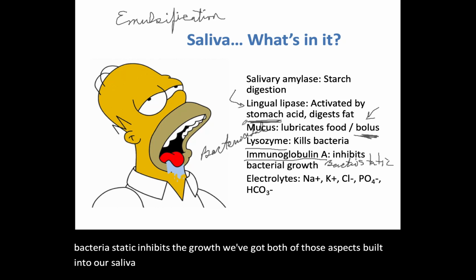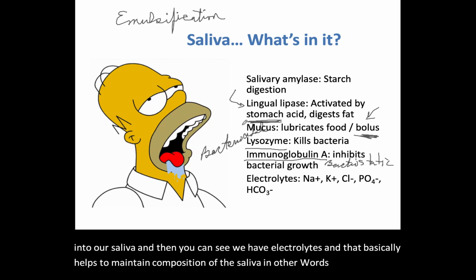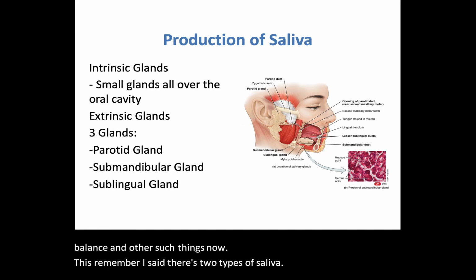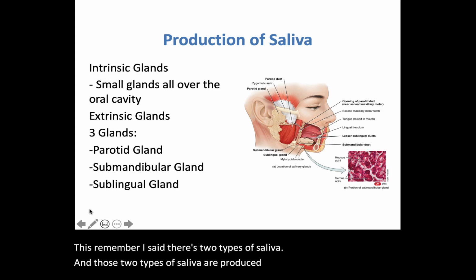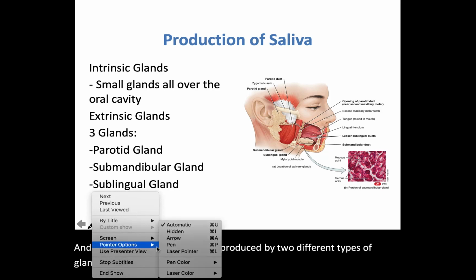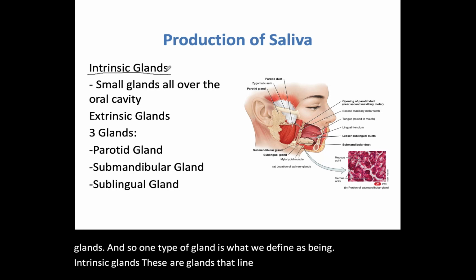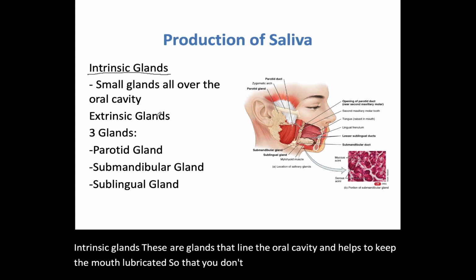And then you can see we have electrolytes, and that basically helps to maintain composition of the saliva. In other words, helps with pH balance and other such things. Now, remember I said there was two types of saliva. And those two types of saliva are produced by two different types of glands. And so one type of gland is what we define as being intrinsic glands. These are glands that line the oral cavity and helps to keep the mouth lubricated so that you don't dry out. Right? And the other type is